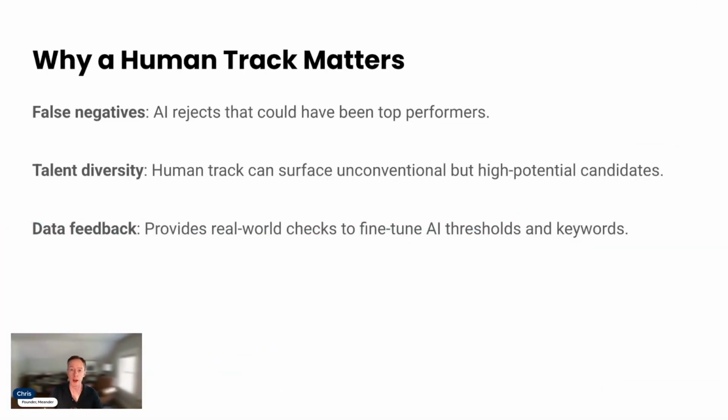So first of all, why do we care so much about having a human track when we're really benefiting from all of the efficiency gains that come with having an AI tool? Well, I think there's three main reasons. Firstly, your false negatives. When you think about the different ways of reviewing candidates, and this happens with human reviews as well, you can get what we call false positives, which means you thought that someone was going to be